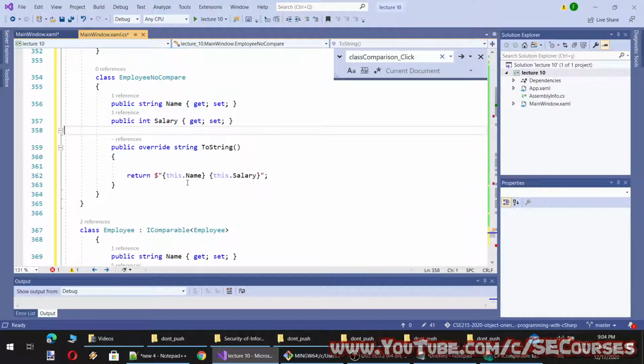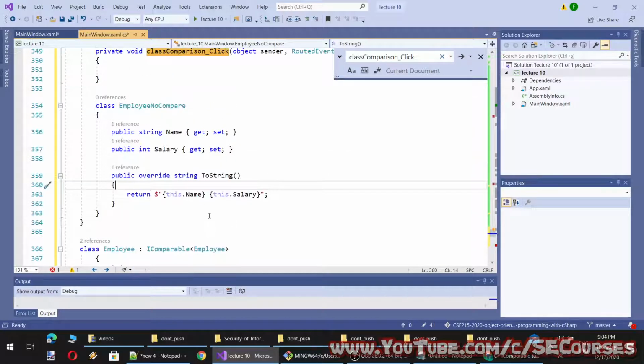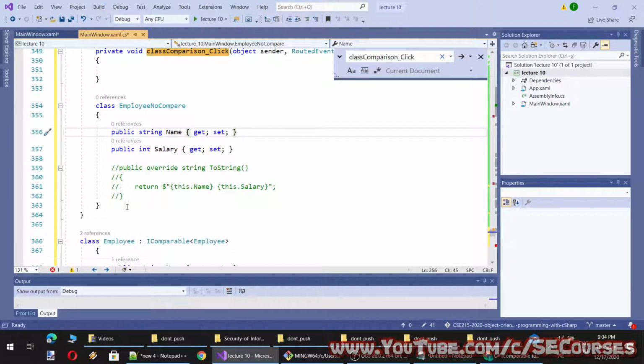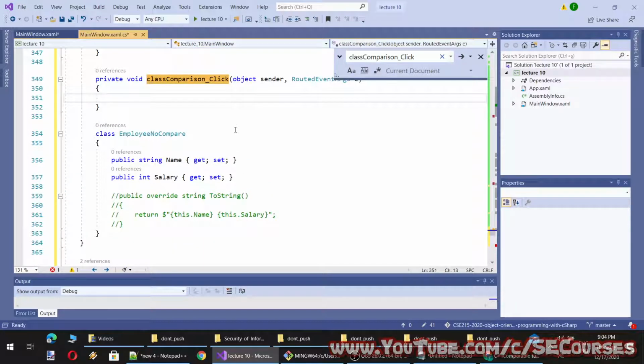And it has a ToString method. Okay, so the ToString method is an override of the default ToString method. Why? Okay, let's see what each one means. When I remove this and do something like this, you will understand what I mean.